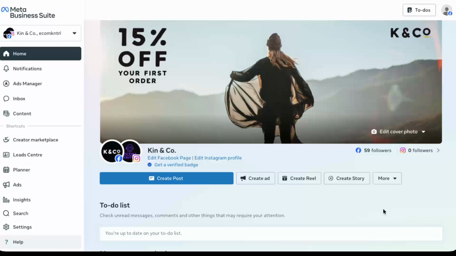In today's video, I'm going to teach you how to give access to a Facebook page. We'll be using Meta Business Suite, which is Facebook's dashboard for managing pages, ad accounts, and other business assets. Make sure you're already logged into the Facebook account that owns or manages the page you want to share access